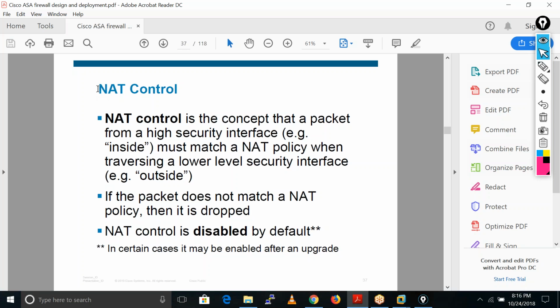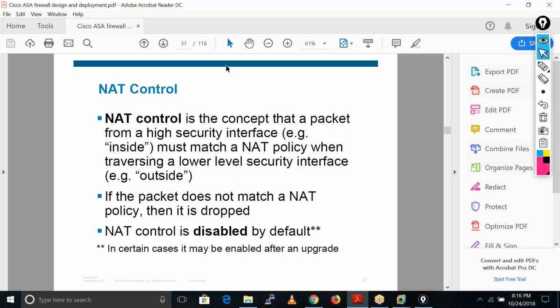What is routed mode and transparent mode? Routed mode means our firewall is running in L3 mode, and transparent mode means our firewall is running in L2 mode, as a switch. We have one class on transparent mode. Right now our firewall is running in routed mode, so we can configure the IP address on every interface. I don't want to discuss transparent mode now because we have one class with a full configuration lab on that.